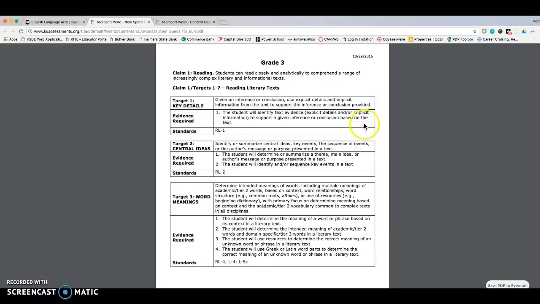And along with this now is a statement of evidence required. So you can think of this as a situation where, as a test writer, those people creating the assessments, the questions on the assessments, this is what they're using to actually develop and design test questions that are used. As an instructor in a classroom, you're looking at this from a perspective of what kind of experiences and activities should I be creating to help a student be able to do this, and then do I ask them